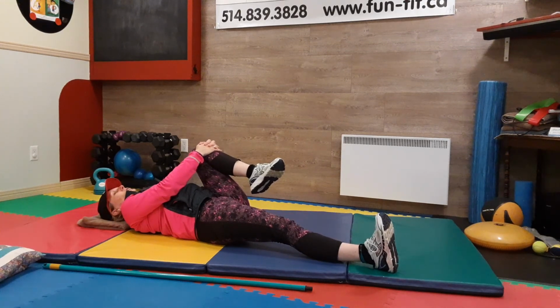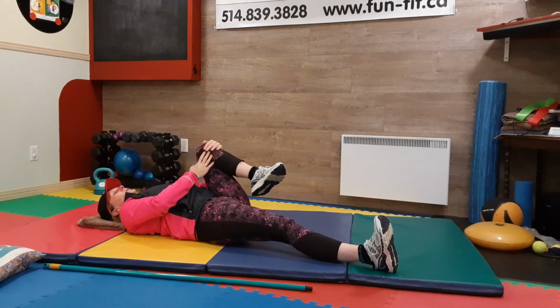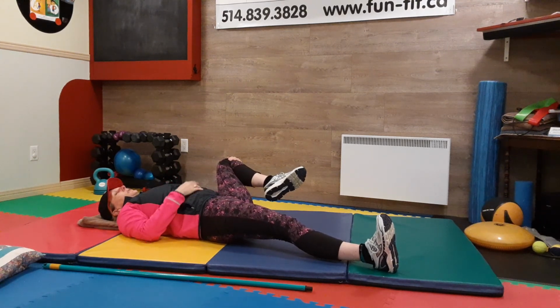When you're stretching, it shouldn't be painful. You might have pain already in a joint, okay? So that means that pain may remain, but it shouldn't get worse when you're stretching. So when you stretch, you want to hold a position, let it loosen up, and then go a little bit farther. Relax your breathing. We're going to pull the knee to